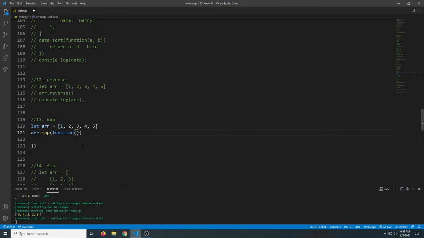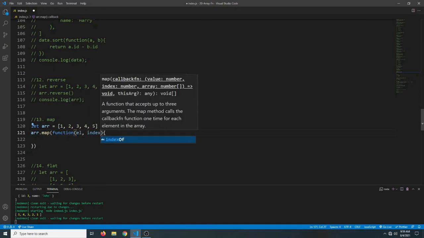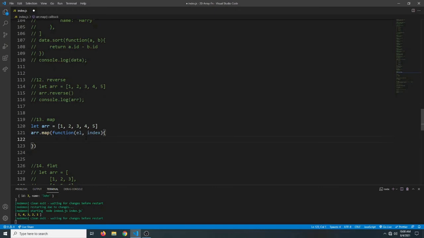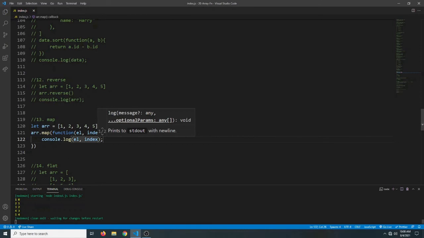One is the current element, and another one is the index of the element. So if we console log them, say el and index, if we do this, you see we get the elements of the array like 1, 2, 3 and their indexes.